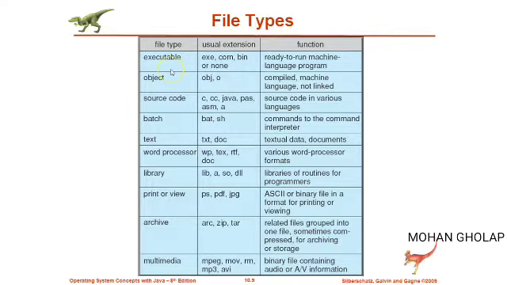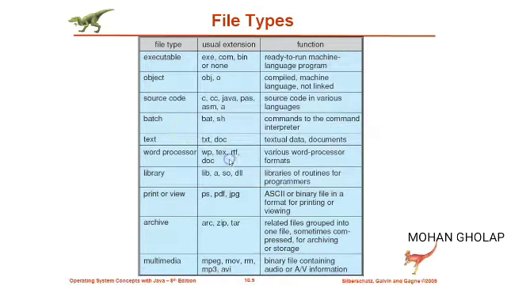We saw that the file can be used to store different kinds of information, and it is very necessary to detect a particular type of file for the system in order to handle that file. So today in brief we will just discuss the different types of files and how to identify the files. Every file can be identified with its extension. So here we will discuss the type of file, the extension, and the function of each file.